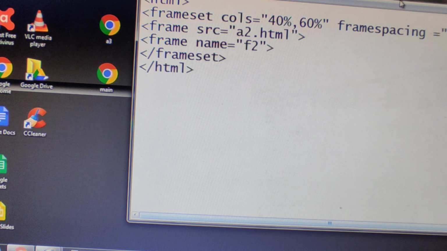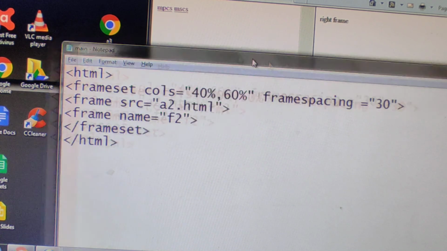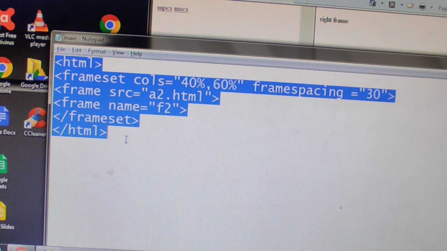Okay, so in this class what I have explained is what frames are, how to create a program with frames, what the attributes of the frames are, and what the attributes of the frameset are. And next I have given the target attribute also, and whatever target attribute I have just given is your practical part. Okay, you can write this in your record. When I start the record part, at that time again I will give you this. Okay, so this is your practical part.